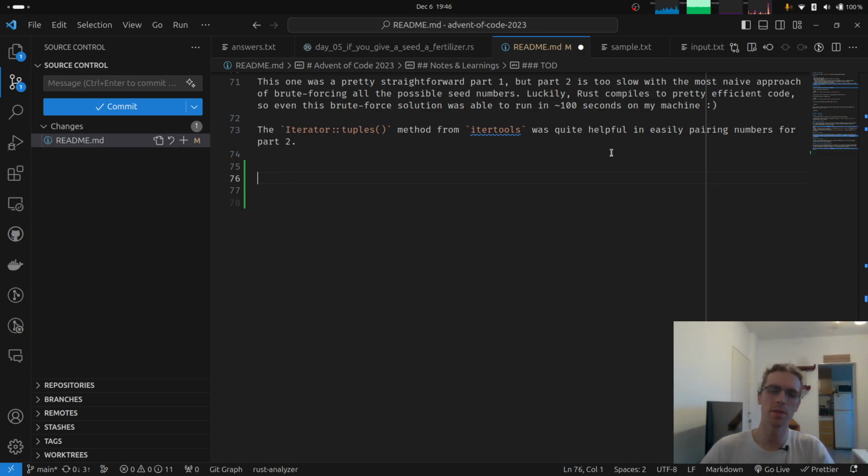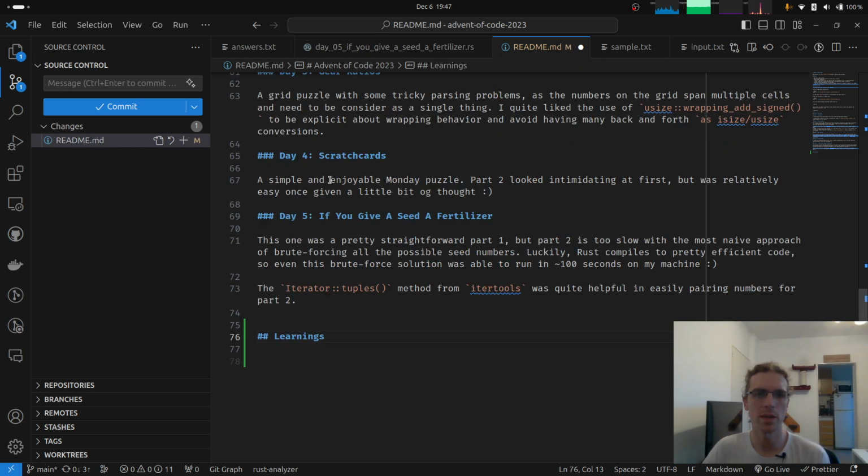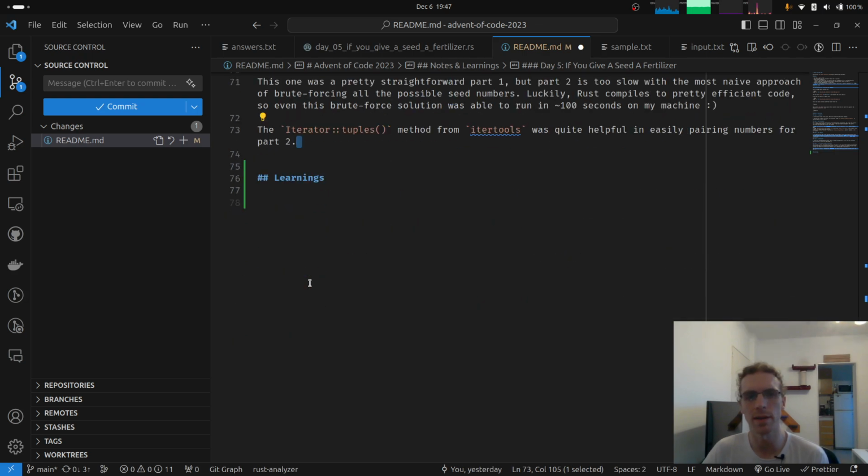So we learned a lot of things about how to do interval math when programming. Like at the beginning of this puzzle, I felt super bad, but now I feel like I have learned some things. So let's take note of these learnings. I usually take notes of each day and if I learn something, but I don't want to forget. So